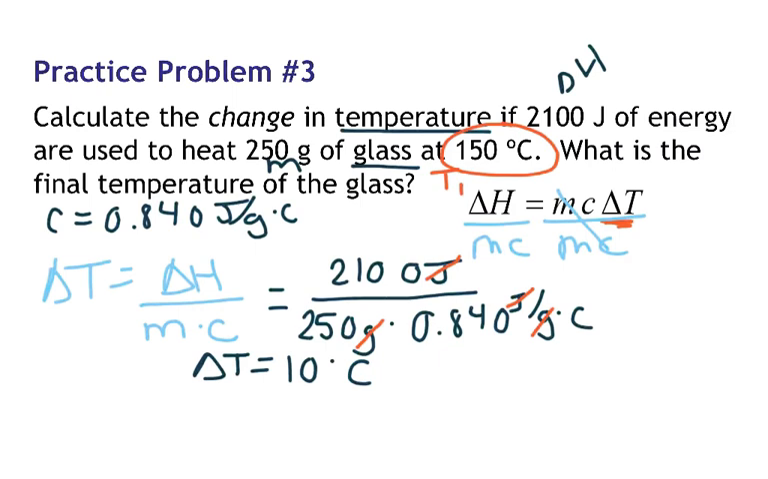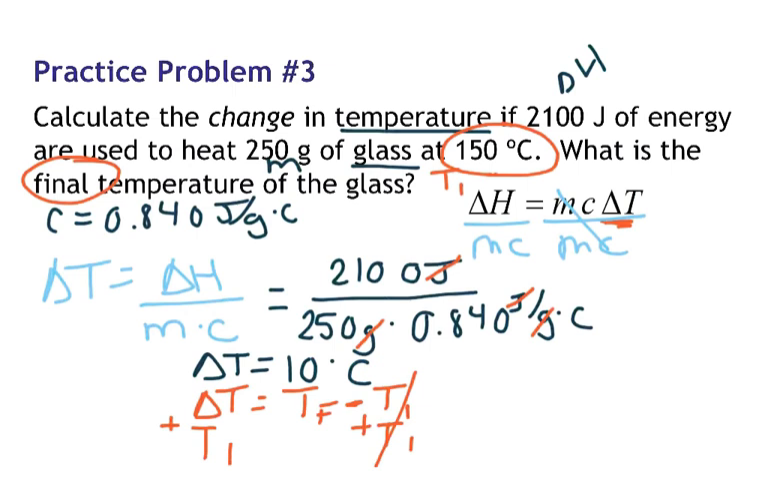That's the first part. But then remember, it also asks for us to calculate the final temperature. So remember, delta T is final minus initial temperature. And if you look, that 150 was the initial temperature. So what I'm going to do, I'm going to go ahead and add that to both sides to get TF